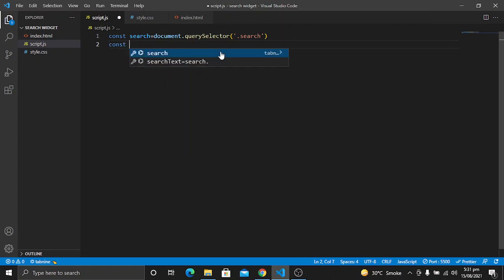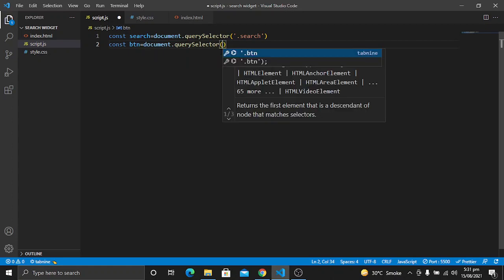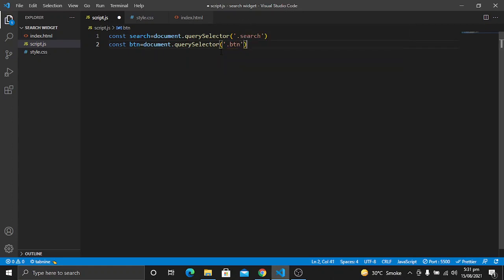Next I want to select the btn, so it will be document.querySelector with a class of btn, and now I want to select the input, so it will be input, just like this.